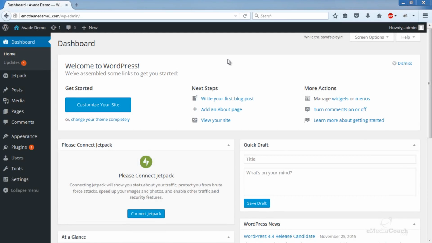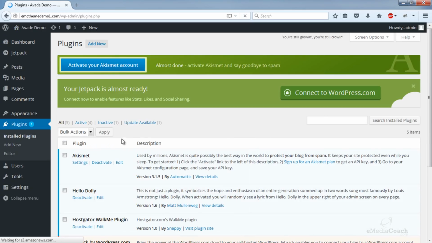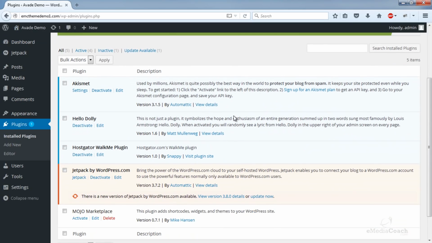The next thing you need to do is delete any default plugins. Go to the plugins area on your sidebar and click on installed plugins. A plugin is basically additional functionality for a basic WordPress site. To give you an example, you can have a plugin for a contact form, a plugin for an image gallery, a plugin for almost anything.